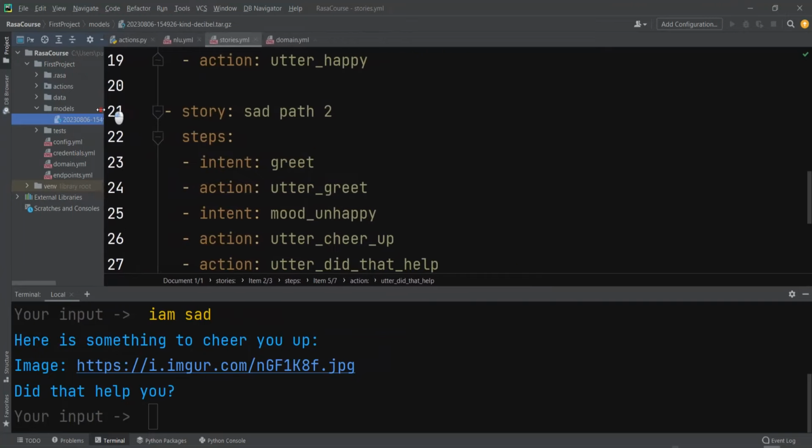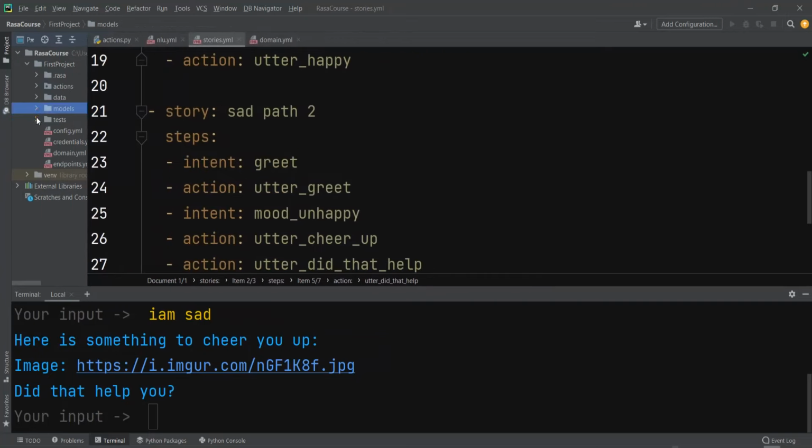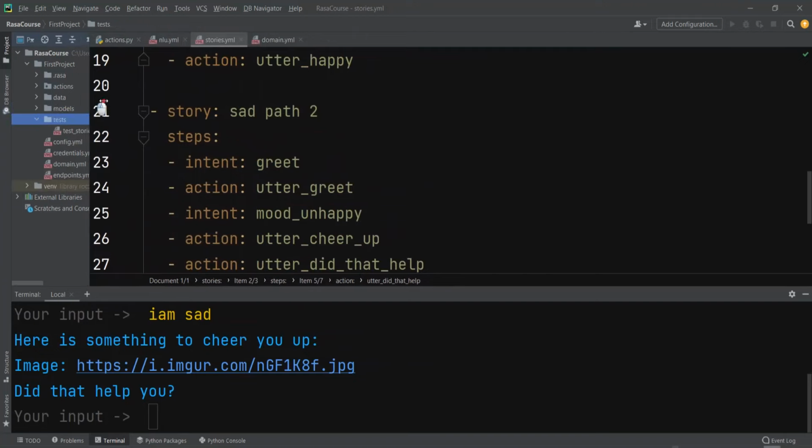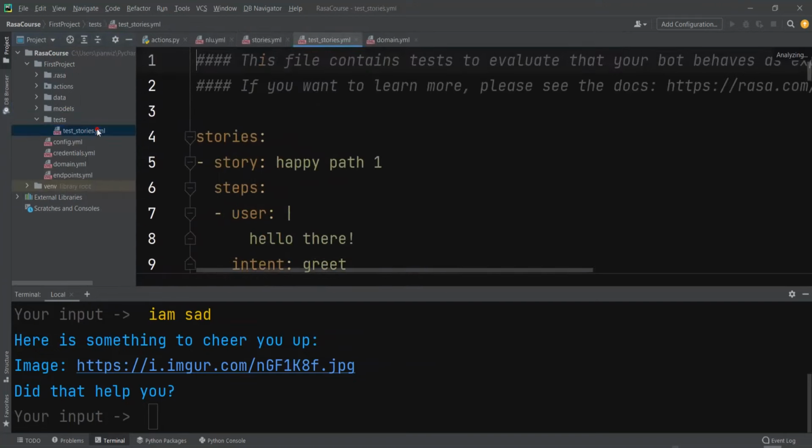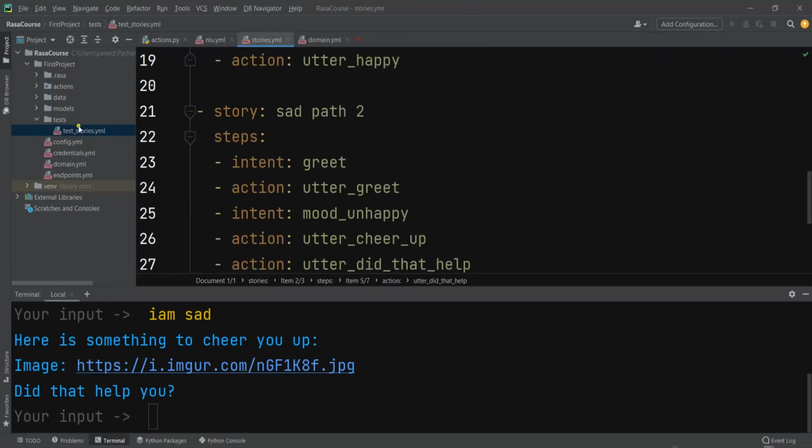Our model. So we have another folder that's called tests. This folder is used for testing your chatbot. It includes test_stories.yml that you can use. It's just for testing. We will not use this much. So this was the tests folder. After that, we have